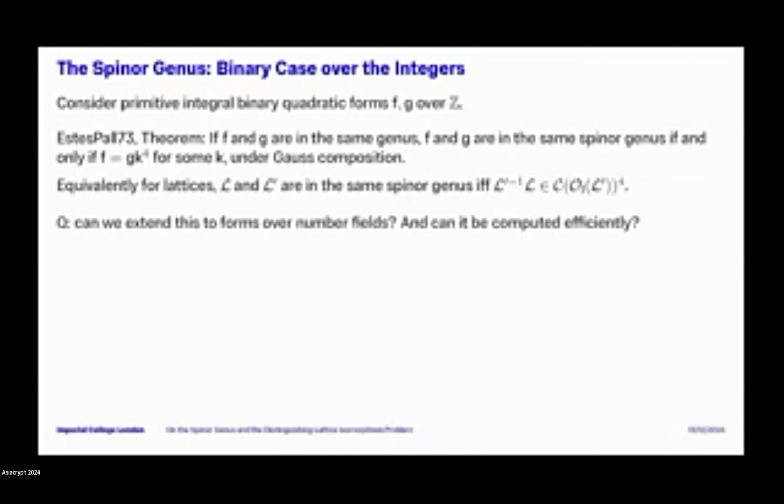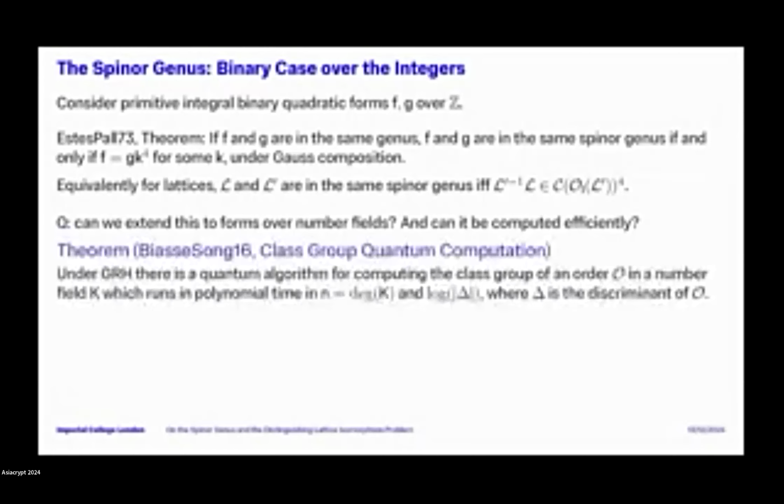The question this raised, that motivated our work, is: can this be extended to forms over number fields? And if so, can it be computed efficiently? On that second point, the reason our algorithm is a quantum algorithm is because we will use the following theorem